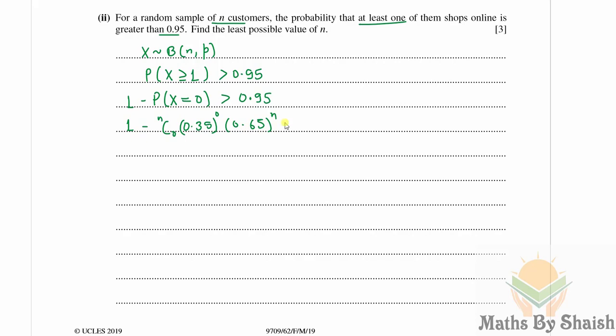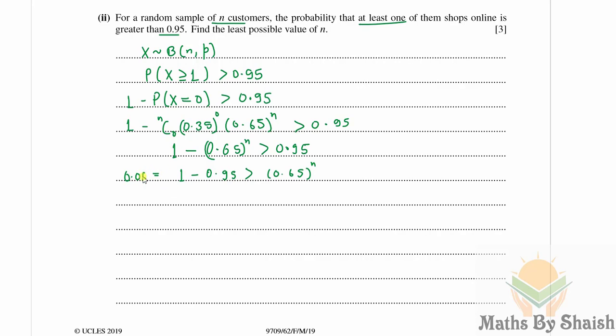success probability to the power 0, that is 0.35 to the power 0, and 0.65 to the power n, greater than 0.95. Now we know that nC0 is 1, and 0.35 to the power 0 is 1, so we are only left with 1 minus 0.65 to the power n, which is greater than 0.95. Now I'll translate this thing over here and this thing over here to get 1 minus 0.95 greater than 0.65 to the power n, and it is